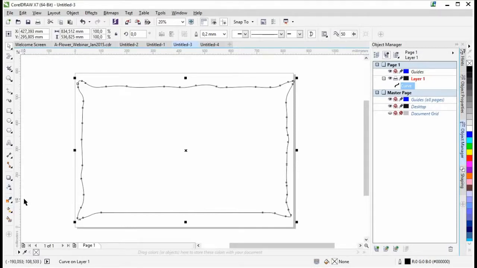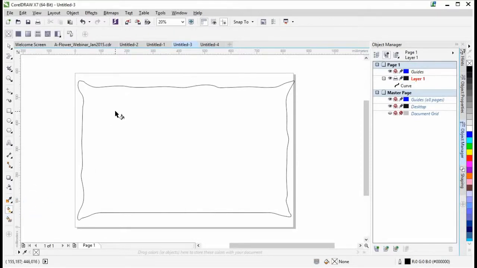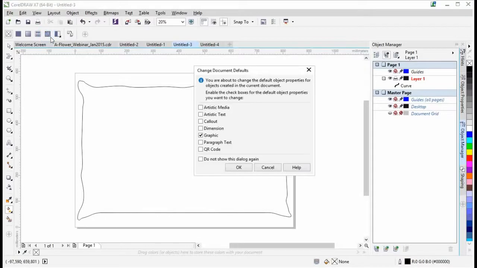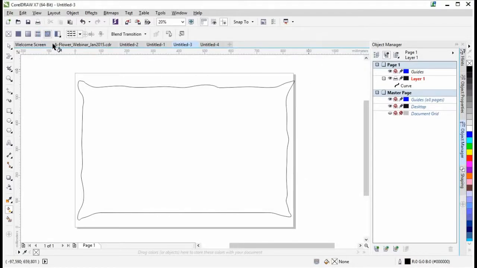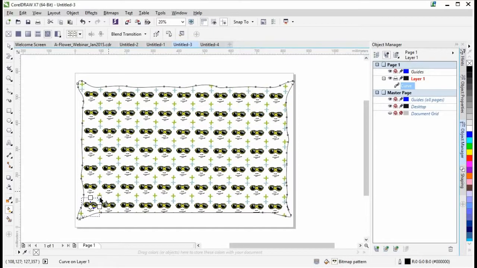So with that done, we're just gonna click the interactive fill tool, click the bitmap. There it is. Okay, and then we're gonna select this one here. Something happened there. Sorry, there it goes. There was a lag there. And now we can see we once again got the interactive fill, so we can actually